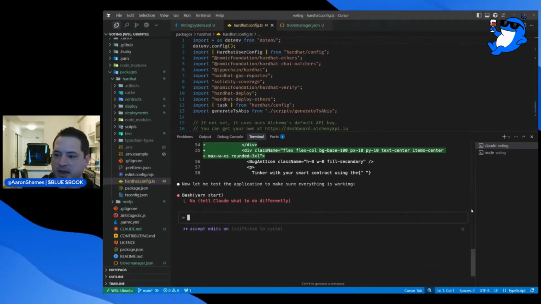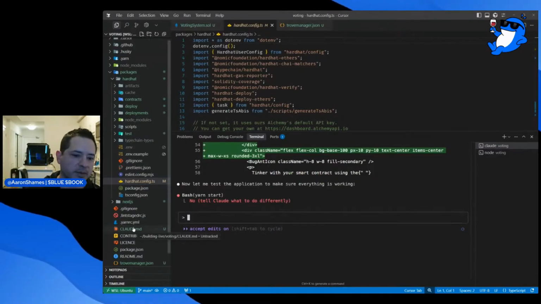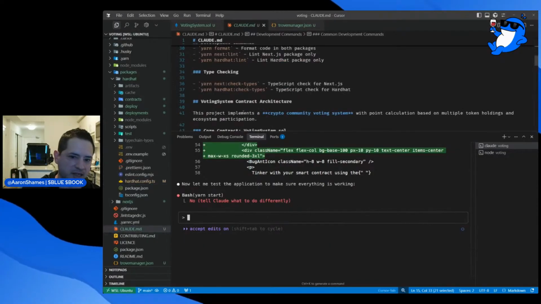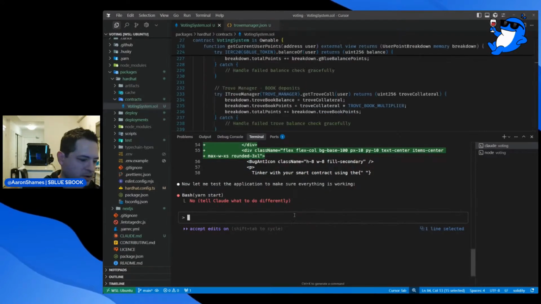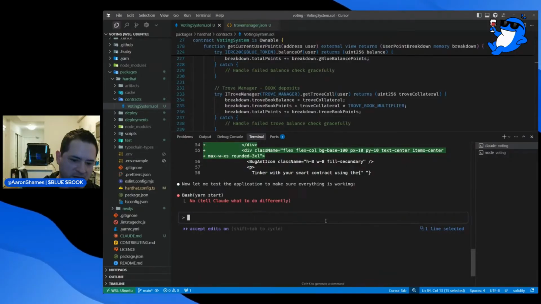So I'm just going to add a memo. When I want to remember something throughout everything that we're doing, I want to add something to the Claude file. I could just edit this and type it in, but because we're using AI for everything, I'm not going to do that. There's actually a lot of ways to do this. If I put a pound sign here, you could directly add a memory. But there's another way to do it. I could just say,